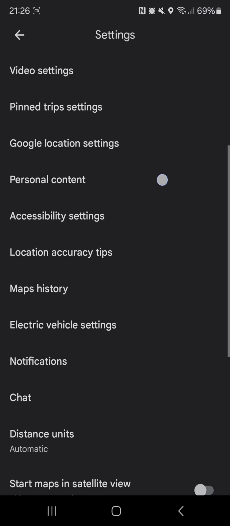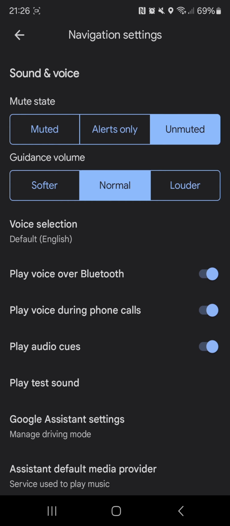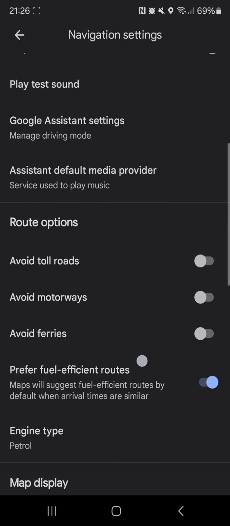Once you're on here, scroll down until you come to navigation settings. You want to click on that and then again scroll down,